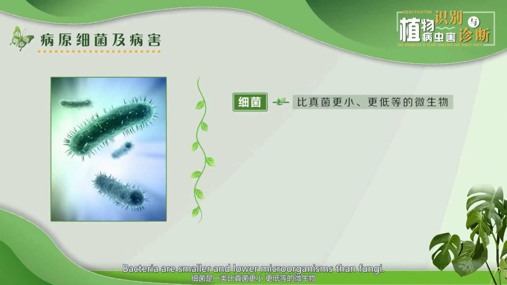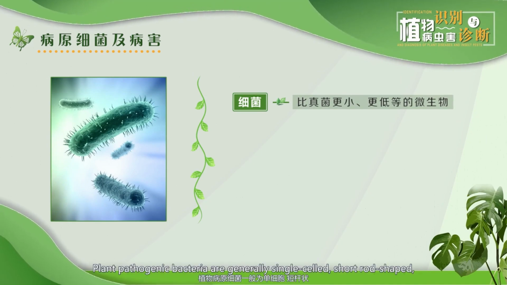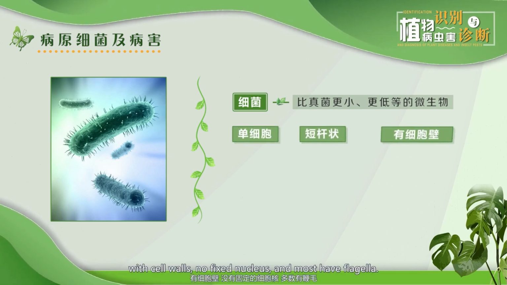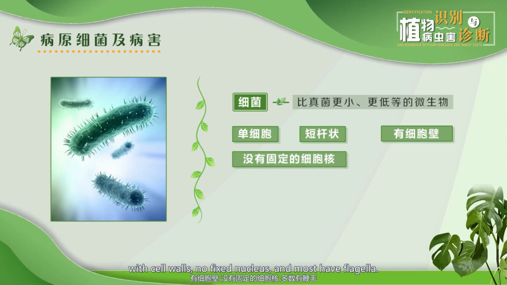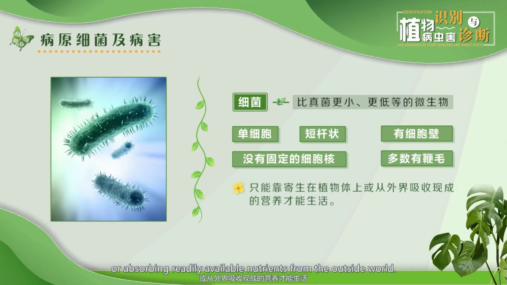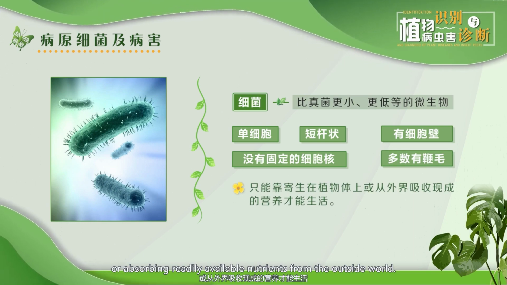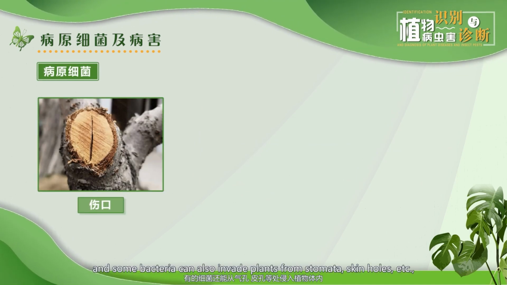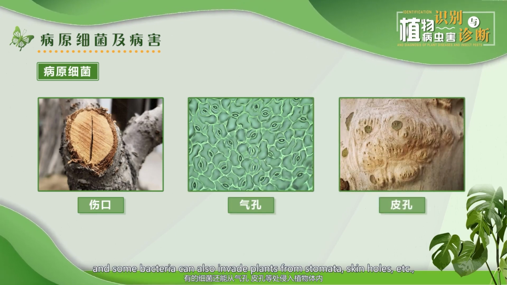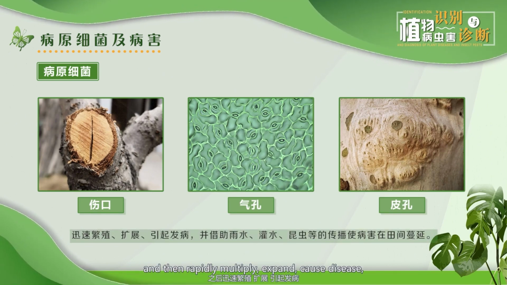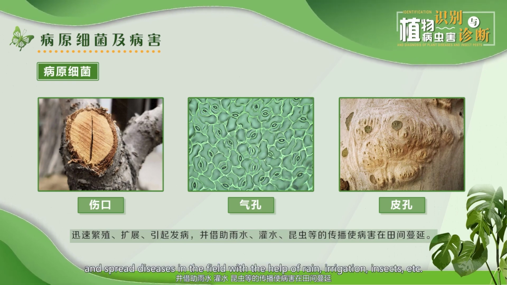Bacteria are smaller and lower microorganisms than fungi. Plant pathogenic bacteria are generally single-celled, short rod-shaped, with cell walls, no fixed nucleus, and most have flagella. They can only live parasitically on plants, or by absorbing readily available nutrients from the outside world. Pathogenic bacteria can invade plants through various wounds, and some can also invade through stomata, skin holes, etc., and then rapidly multiply, expand, cause disease and spread in the field with the help of rain, irrigation, insects,